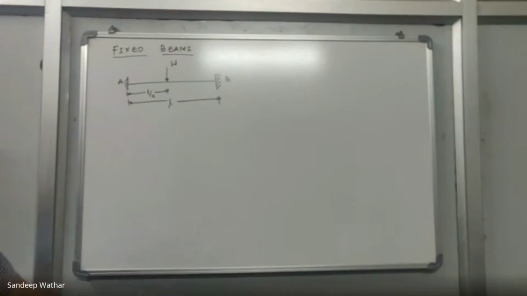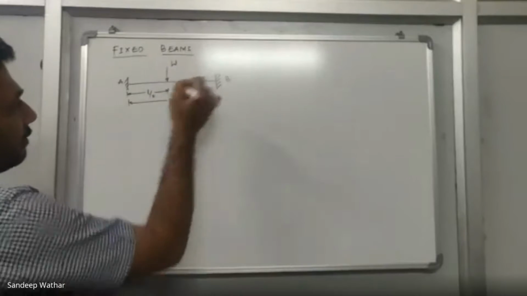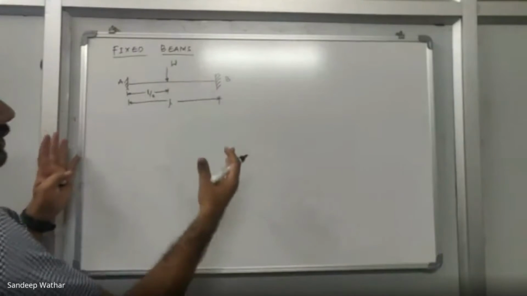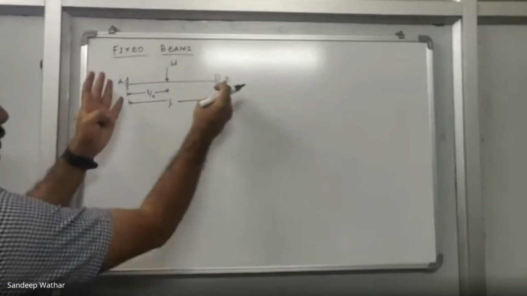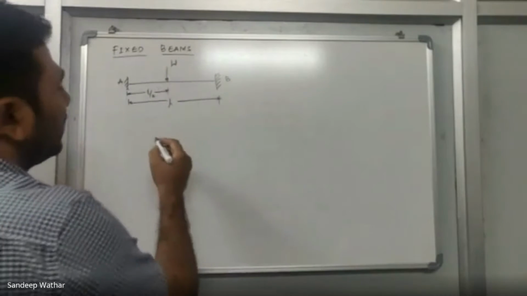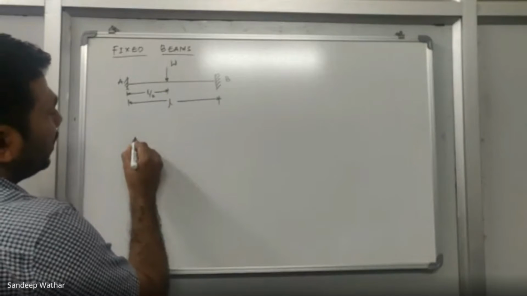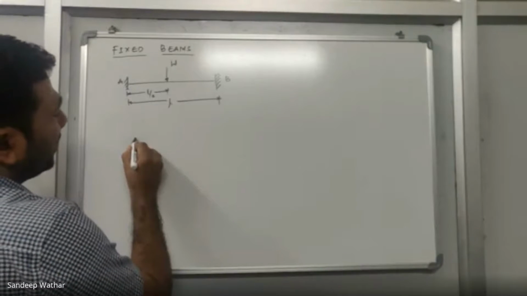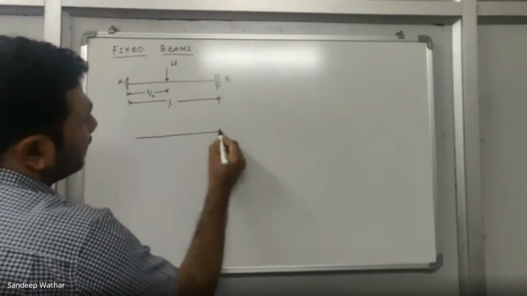Before you begin to solve any problem, you try to understand its free body diagram. So what do I mean by free body diagram? A free body diagram is basically the response given by any structure with respect to the load that is applied. For example, if you apply a load like this on a beam, what are the reactions generated? We have two supports, so the reactions will be generated at the supports itself. Now let me find out what reactions will be generated in this.